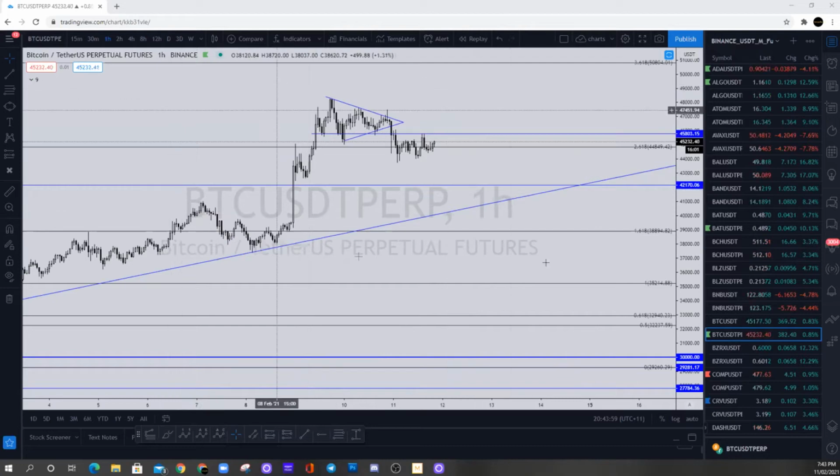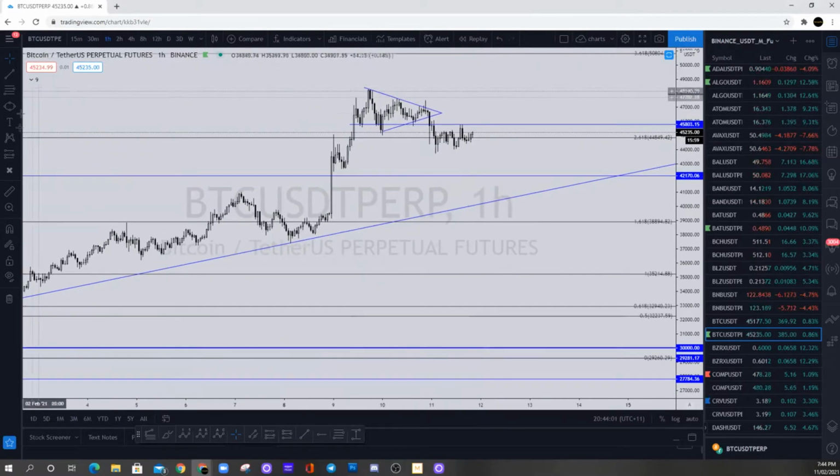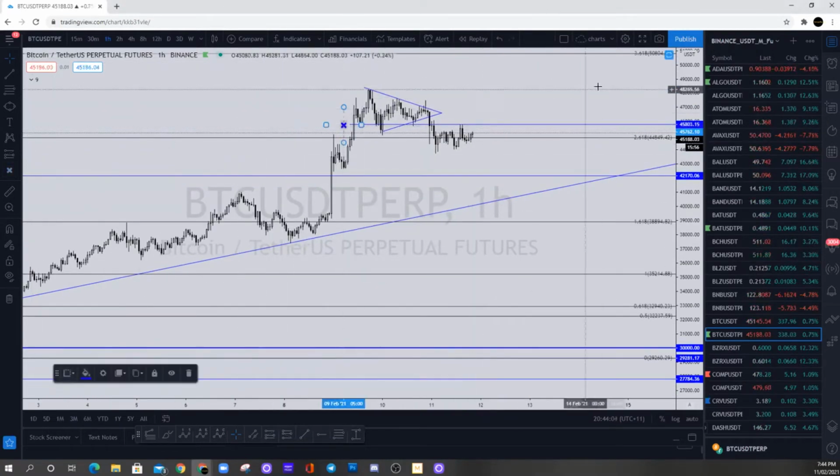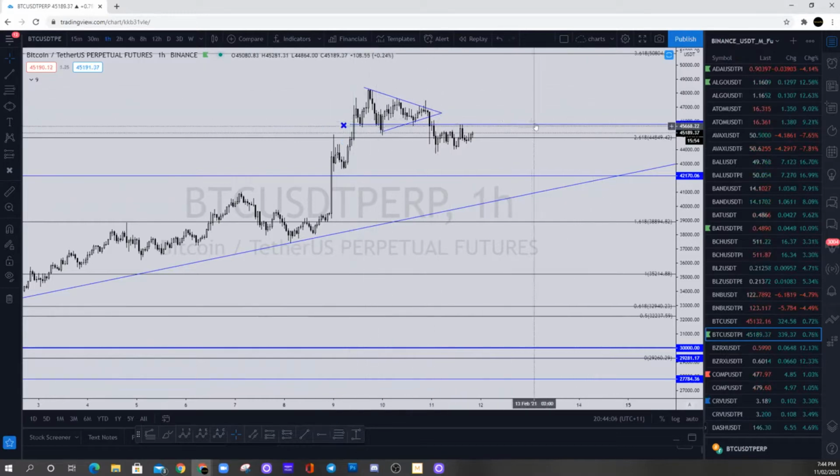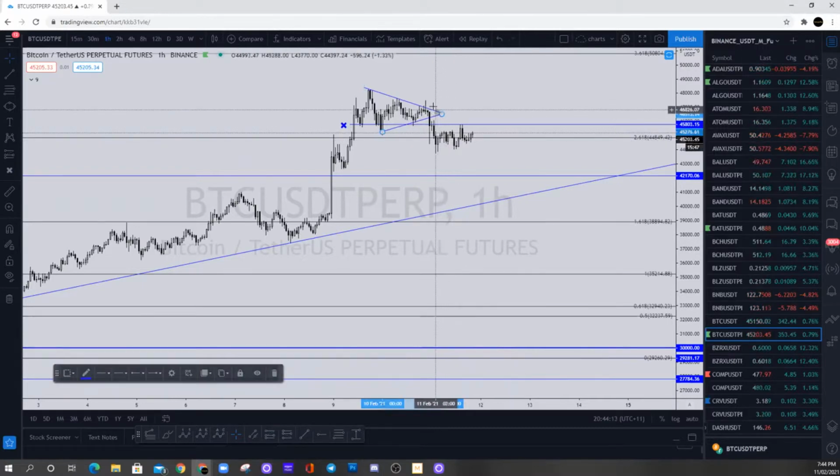At the moment, we're on a 1 hour Bitcoin chart, and essentially what I'm looking at here is we've had a breakdown in price at this key level. At the moment, all I'm looking at is market structure. So if I carry through this pattern,